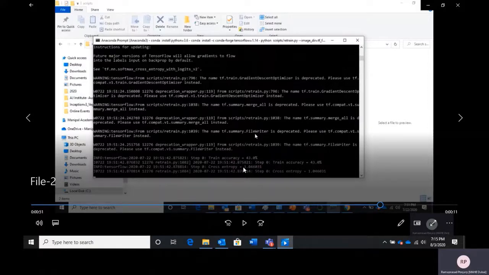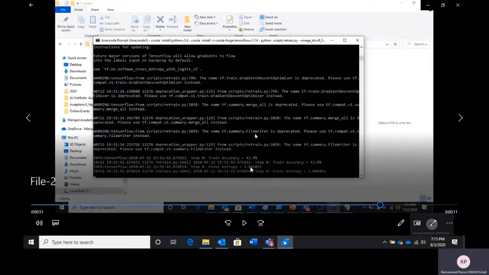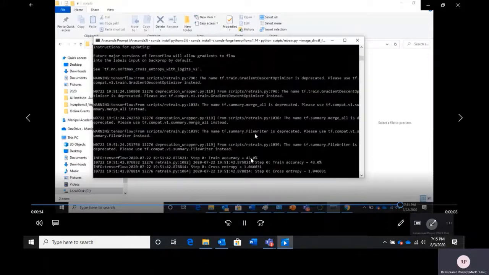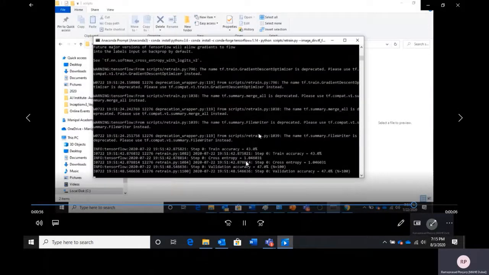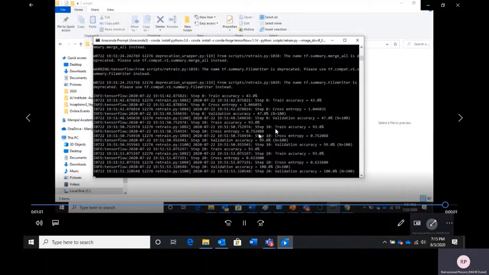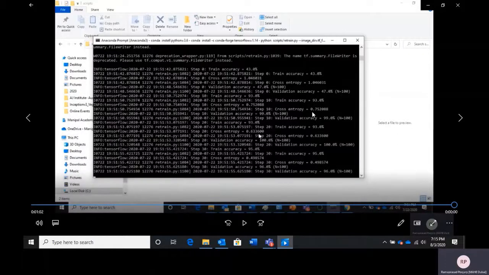The loss function will be high when training begins, but as training progresses, the loss function will reduce, and at the same time, the training and the validation accuracy will improve. So you can see that in the beginning, train accuracy is 43%, the loss function is 1.04, and later the train accuracy has increased and the loss function decreases. So this is how the training will take place.